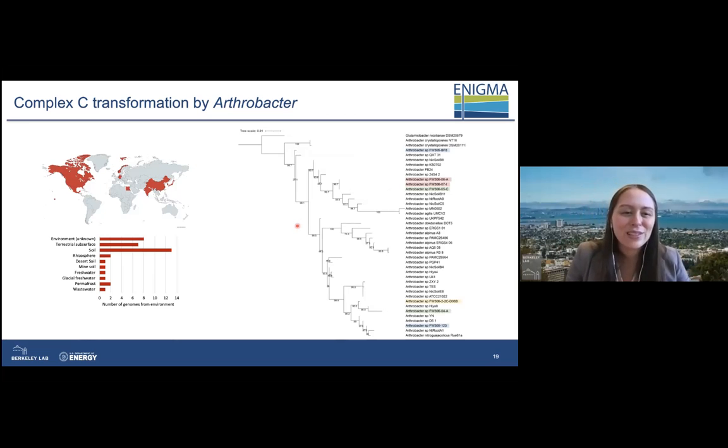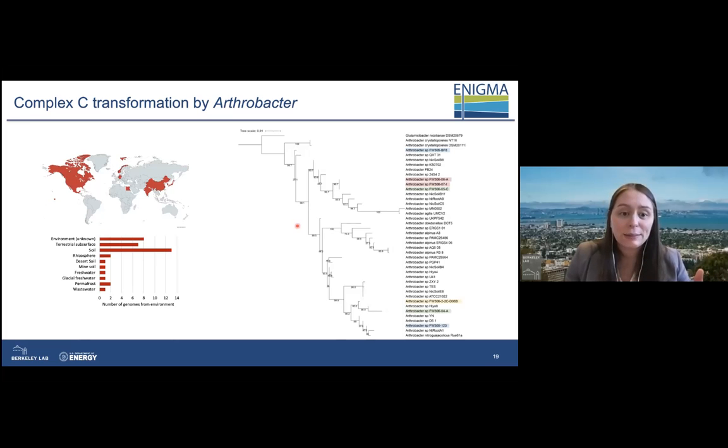But we also have surficial soils, we have mine soil and desert soils, fresh water of different types, some permafrost, and then one wastewater that we included in there. And they also came from different countries around the globe, different continents. And so we have a pretty decent set and diversity of these Arthrobacter, especially considering it's a less studied genus,